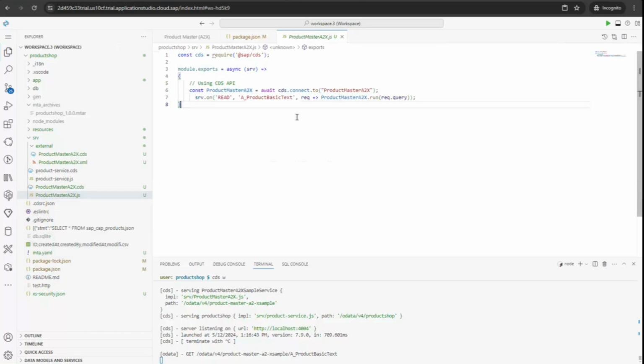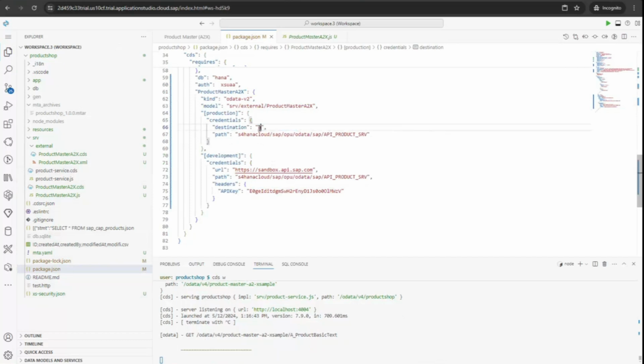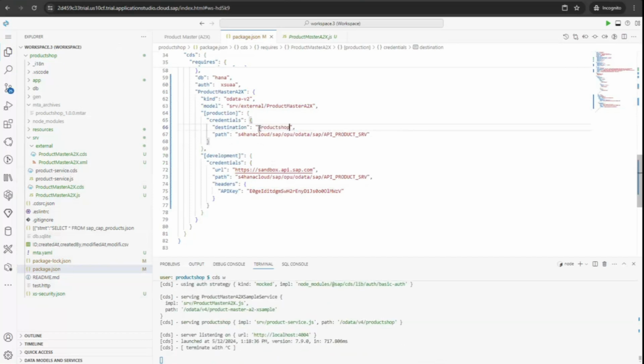Now it's time to deploy the application. So what is needed now to deploy the application? If you come here to the package.json, now let's come to the production system. It asks me for the destination. You can give any destination name. So for example, I will give the name as product shop, something like that. Okay, so I will give the product shop like